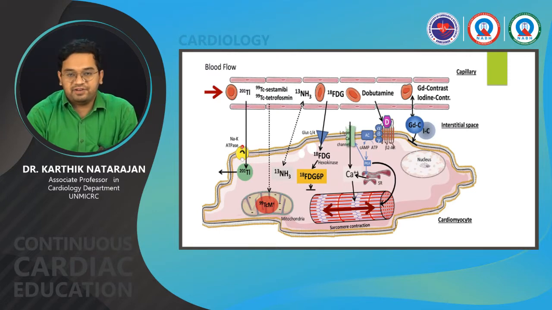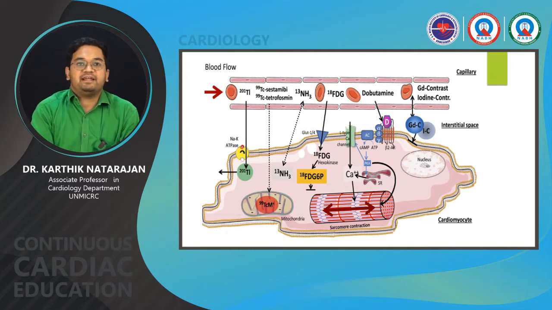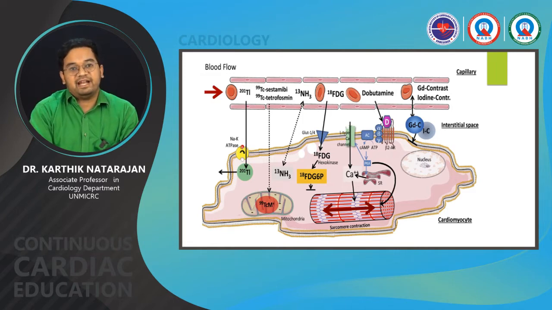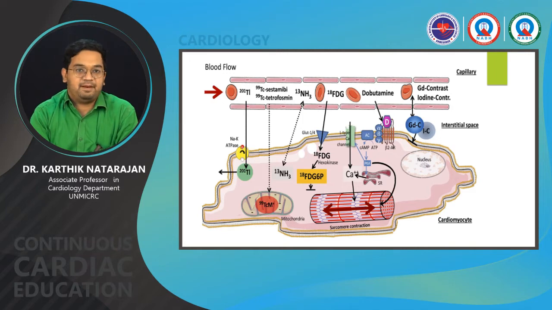This is the figure which shows all the different ways in which the nuclear tracers act. For example, thallium, which is used as a nuclear tracer in SPECT scan, is able to enter the cardiomyocyte via sodium potassium ATPase, which is active transport, but thallium can passively redistribute out of the cell. Technetium-99m, which has replaced thallium for all practical purposes, is taken up actively inside the cardiomyocyte, and because of its positive charge, it remains confined to the mitochondria and cannot leave the cell.